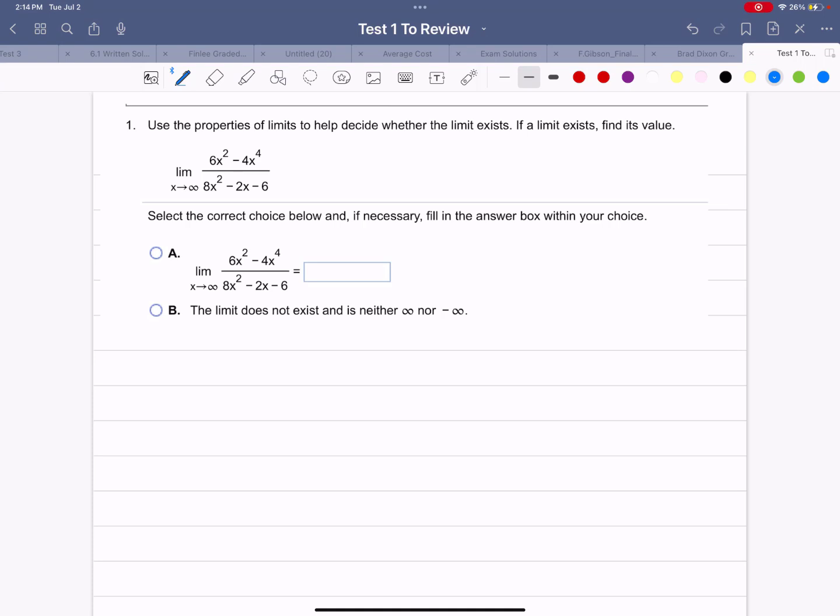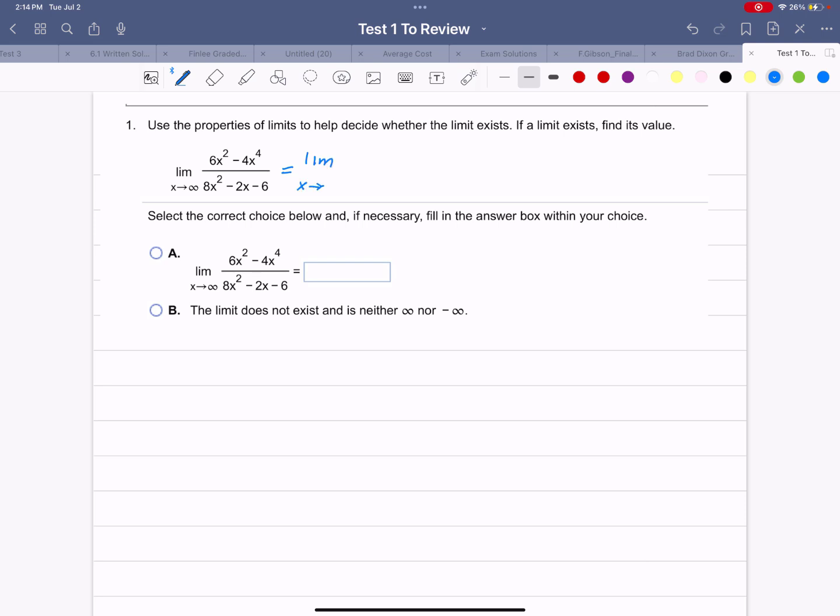Use the properties of limits to help decide whether the limit exists. If a limit exists, find its value. The limit as x goes to infinity of 6x squared minus 4x to the fourth, all divided by 8x squared minus 2x minus 6. So there's a little tricky thing here on this one if you're not paying attention, and